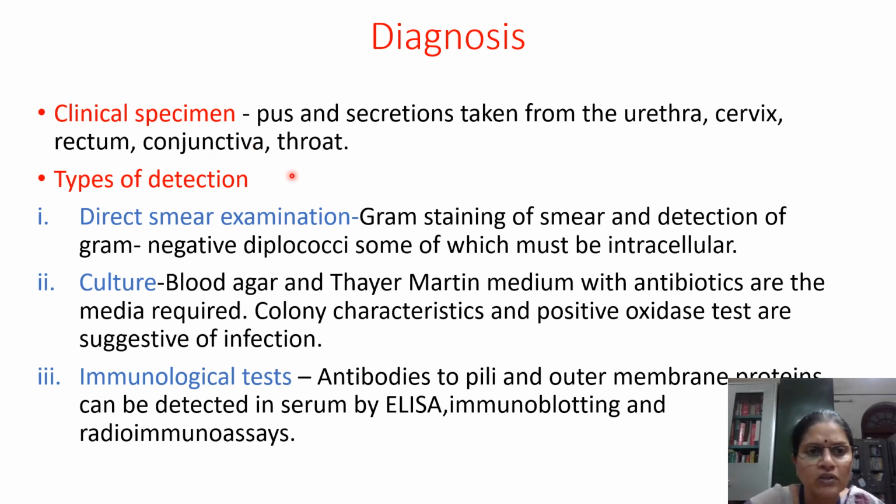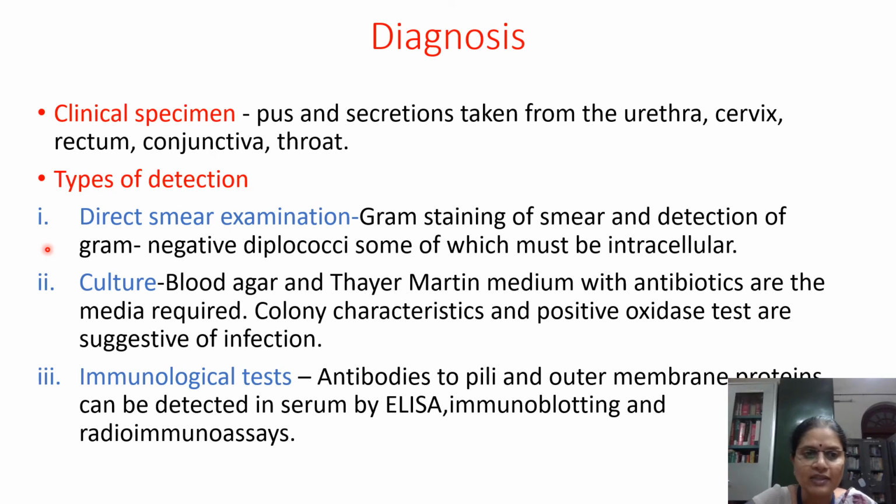So what type of diagnosis is done? Usually 3 types. One is the direct smear examination. Suppose you are taking swabs from these areas, you can directly go for slide preparation, gram staining, and then looking at them under the microscope. Gram staining procedure you know, but how are we going to observe the specimen under the microscope? As I already showed you in the morphological character, they are usually seen inside the neutrophil cells, like small dots inside the neutrophil cells. You have to observe these diplococci inside the neutrophil cells.